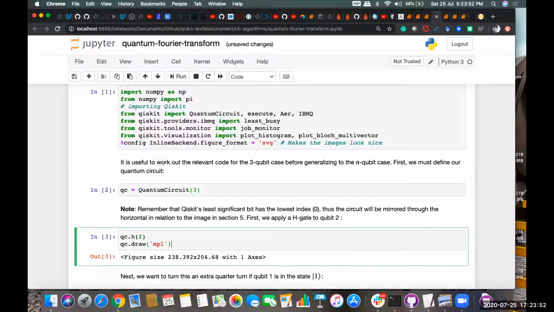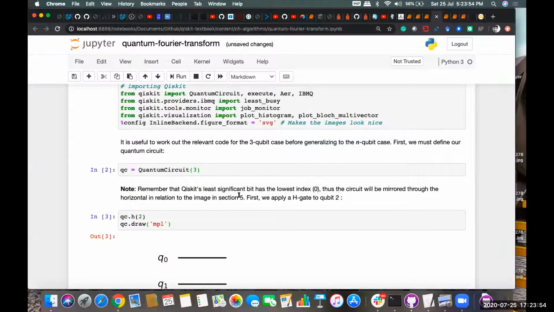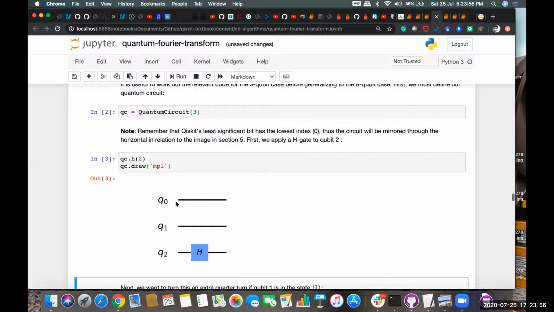on which we are going to apply the quantum Fourier transformation. Okay. So you can see we have 3 qubits, Q0, Q1, Q2, and I have applied first the Hadamard gate on qubit 2. You can apply it anywhere, whichever you find. In the notes which I discussed, I started applying from Q0, but you can go in the reverse order as well.